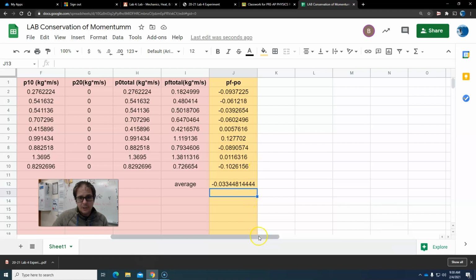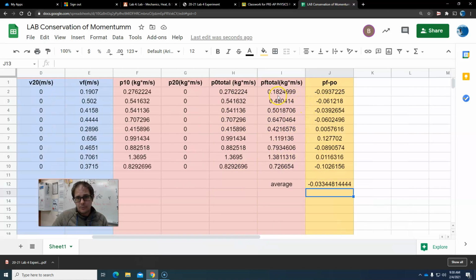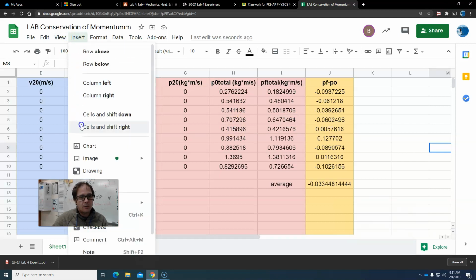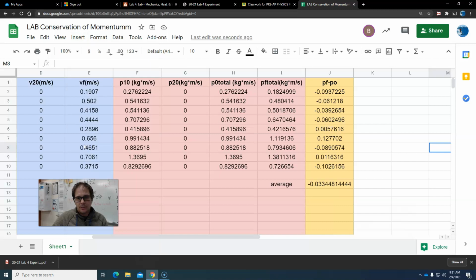The second option is to do the graph. You put final momentum in the vertical axis, and initial momentum in the horizontal axis, and you're supposed to have a linear regression with y-intercept 0 and a slope 1, and that's what we are going to do now. So you click a blank cell away from the data so Sheets doesn't try to interpret what you are going to graph. So you press the chart,